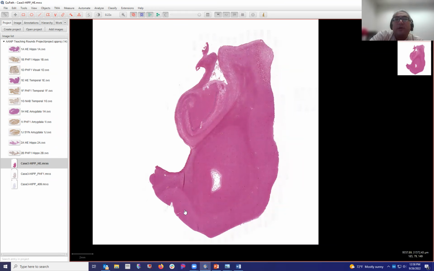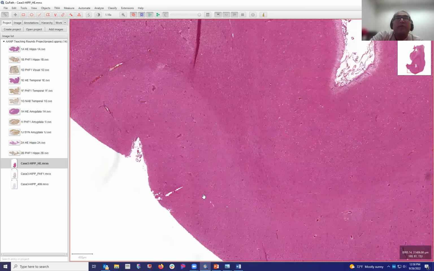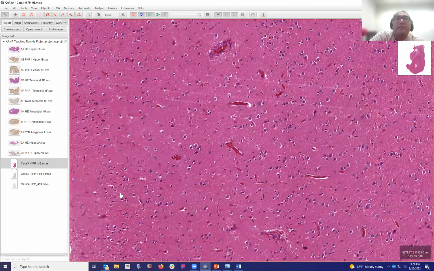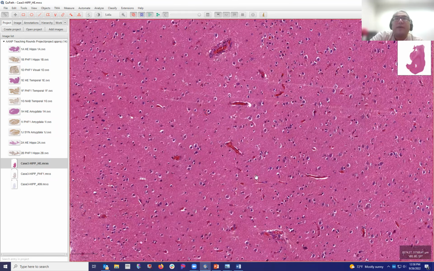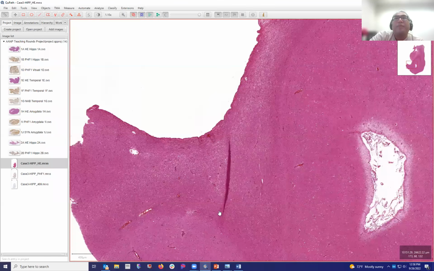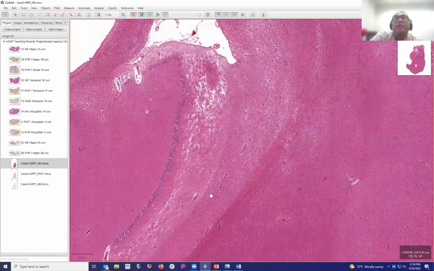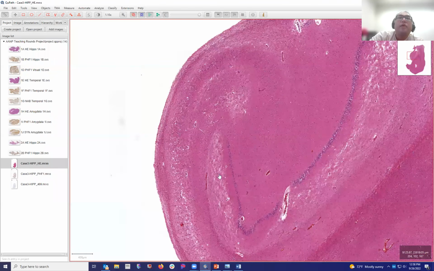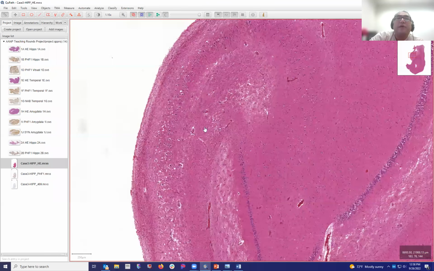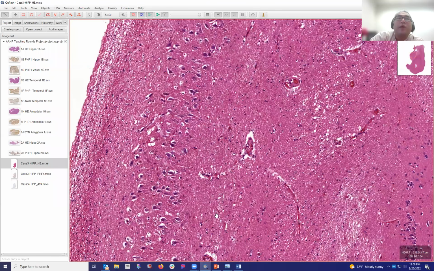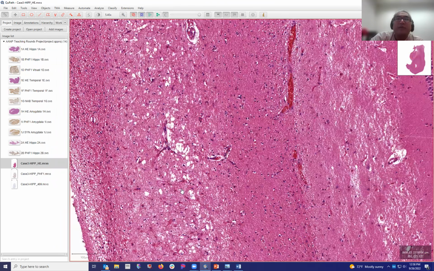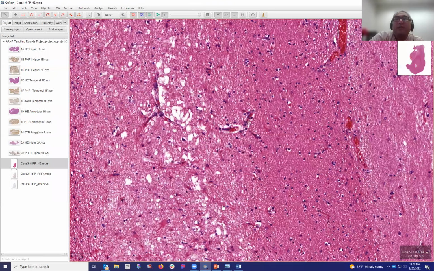But here in the neocortex, just to compare to other cases, it looks not that bad, right? You don't get the holes. If we went down, we see normal neurons. We don't see a lot of reactive astrocytes. But here in the hippocampus, let me start back here. You can see CA2 has a lot of neurons, but you could almost draw a line and now there's nothing. All you have are these beautiful reactive astrocytes and this vacuolar change. So this is